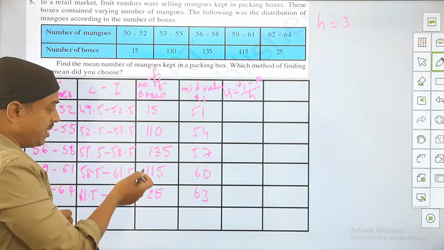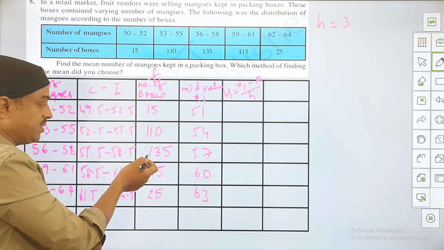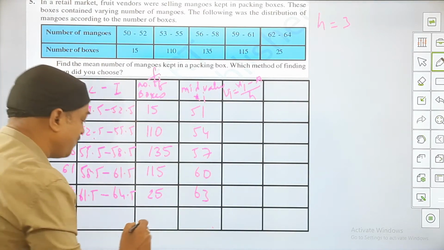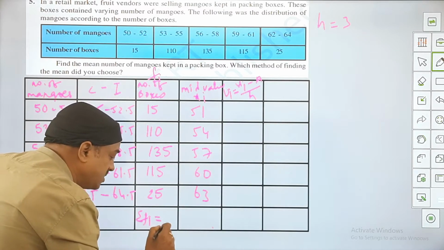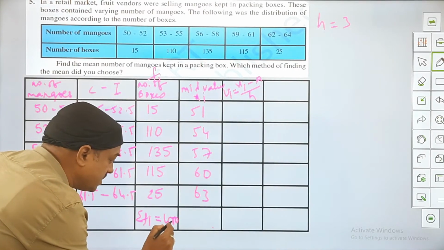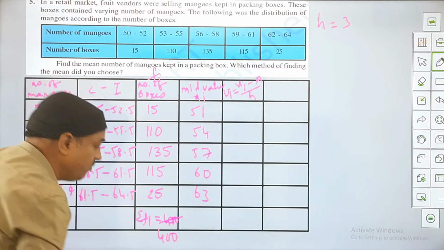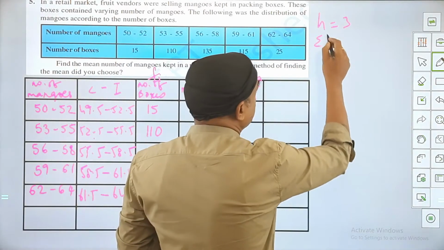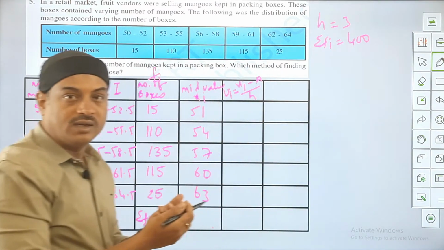The sum of these two is how much? 140, 140, and this is 250. 250 plus 130 is 385. 385 plus 15 is 400. So here summation of Fi is 400. Is that okay? So you can just consider this as 400. I take 400 over here. Fair enough? Now summation Fi, I got it. So you can also mention it here. Summation Fi is equal to 400. This all will be useful in calculations.